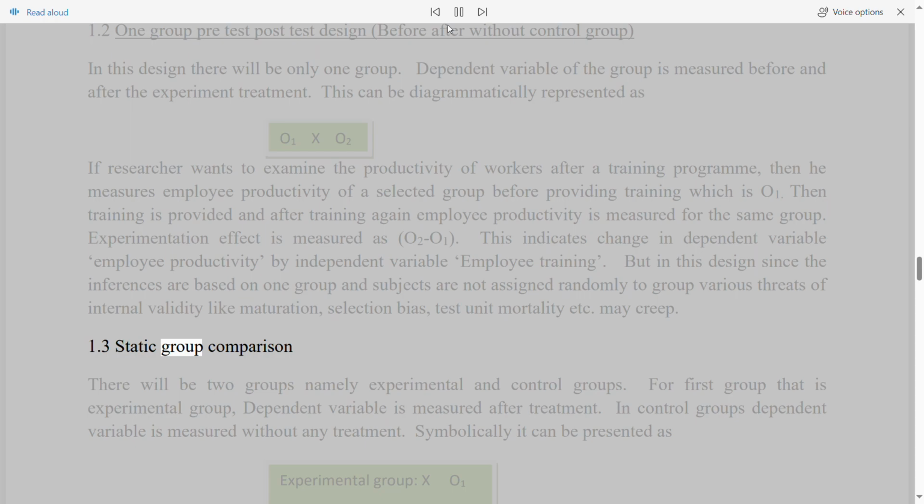1.3 Static group comparison. There will be two groups, namely the experimental and control groups. For the first group, that is the experimental group, the dependent variable is measured after treatment. In the control group, the dependent variable is measured without any treatment. Symbolically, it can be presented as: